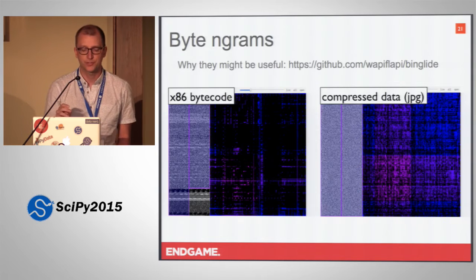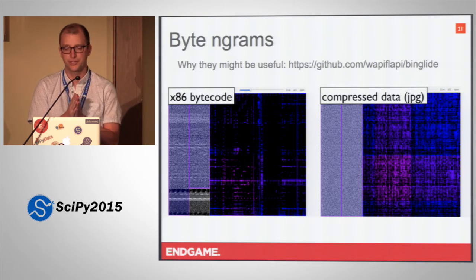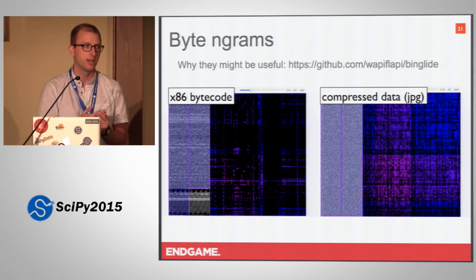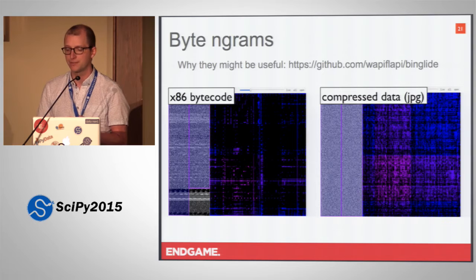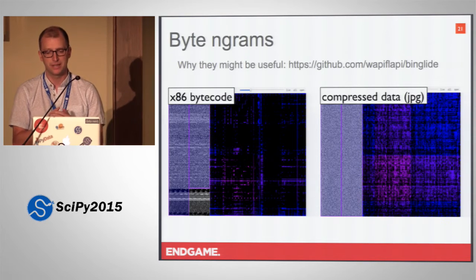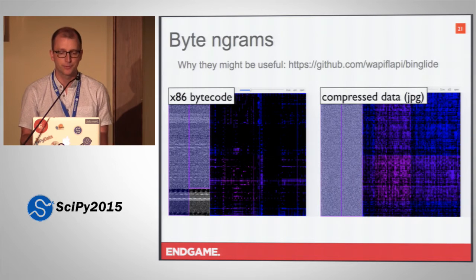So that's how I extract them, and that's how I get the 500 best byte n-gram features. Now I'm going to show you some images that might motivate why those byte n-grams are actually useful for classification. They're pretty low-level features, and it was kind of surprising to me, coming across this area of malware classification, that these would actually be useful.